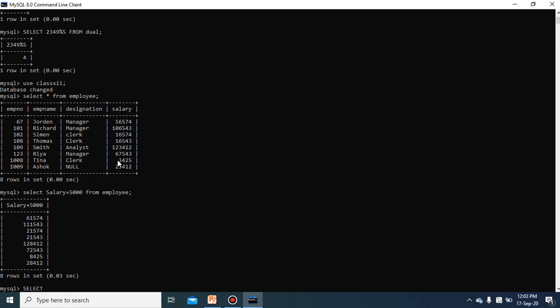So if I want to see whose salary is in the range of 50,000 to 1 lakh, this record will be retrieved with the help of this between operator, whichever criteria will be fulfilled.